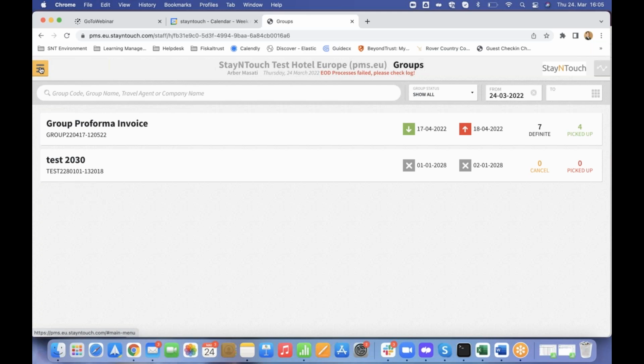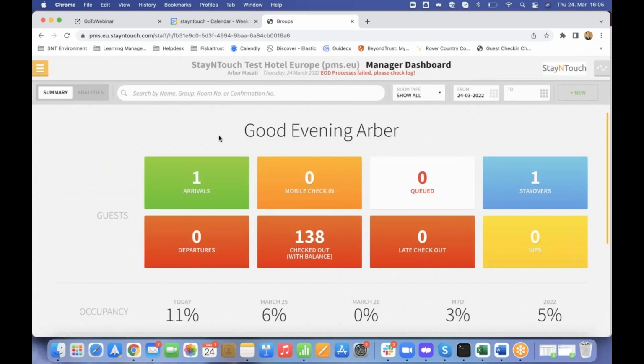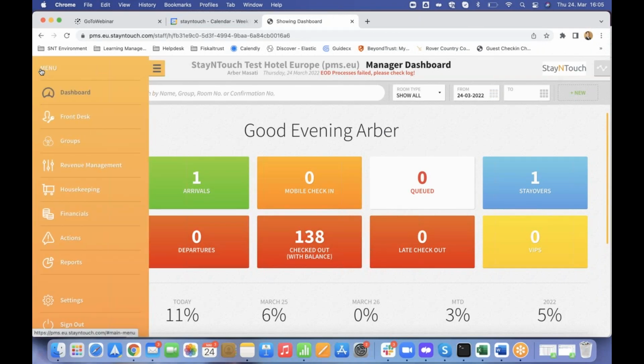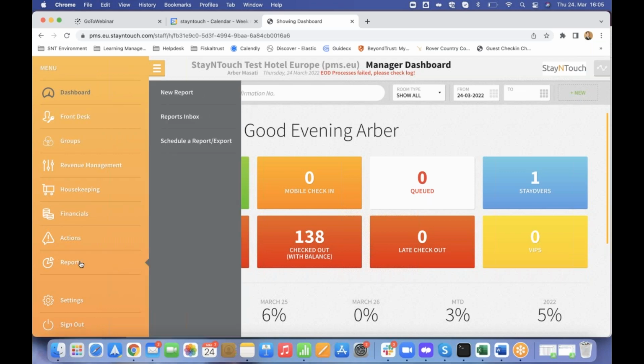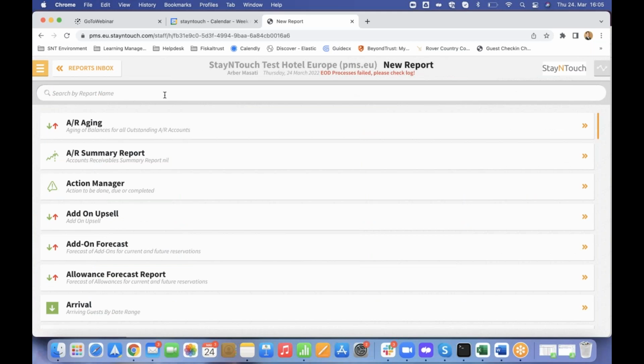The third improvement is related with the yearly tax report. Now, for the yearly tax report, we have added the country column. Once we have generated the report by going into our menu, reports, and new reports, then selecting